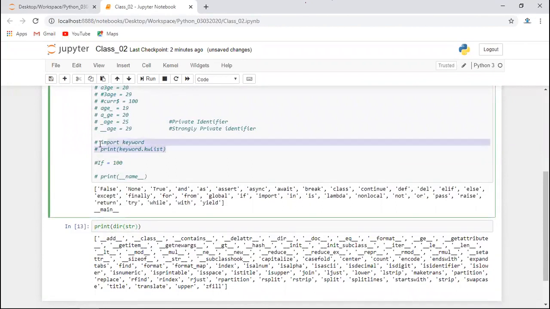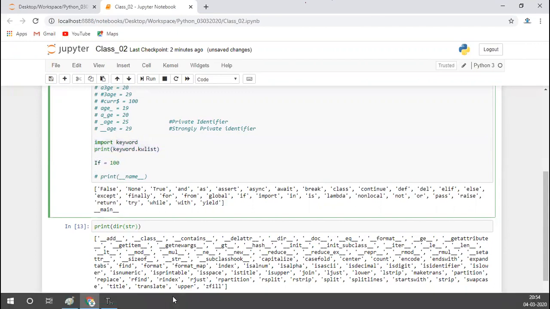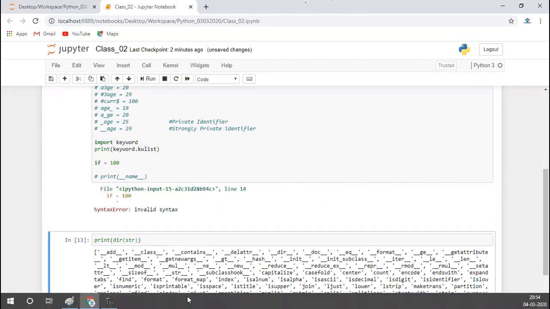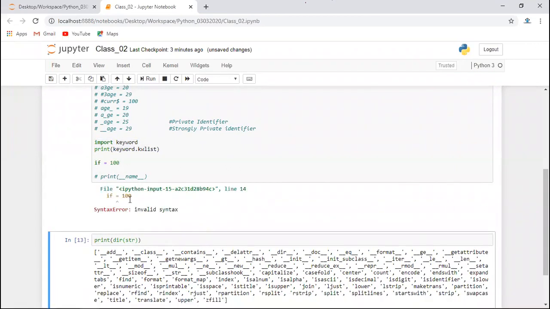I have commented it, no? Uncomment it. When we execute this, it is throwing an error. Why didn't it first print the line? The print statement is not executed, right?